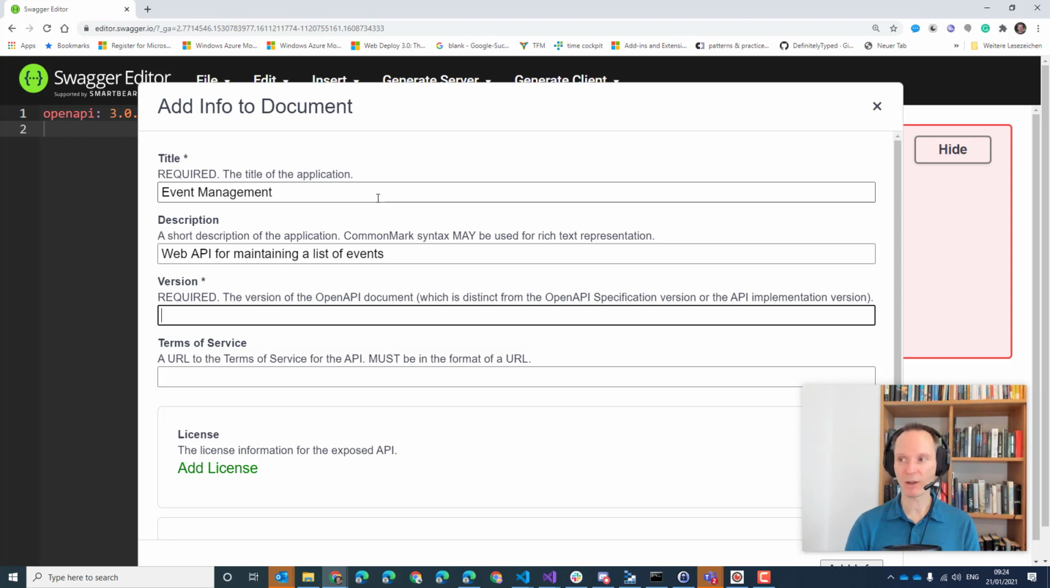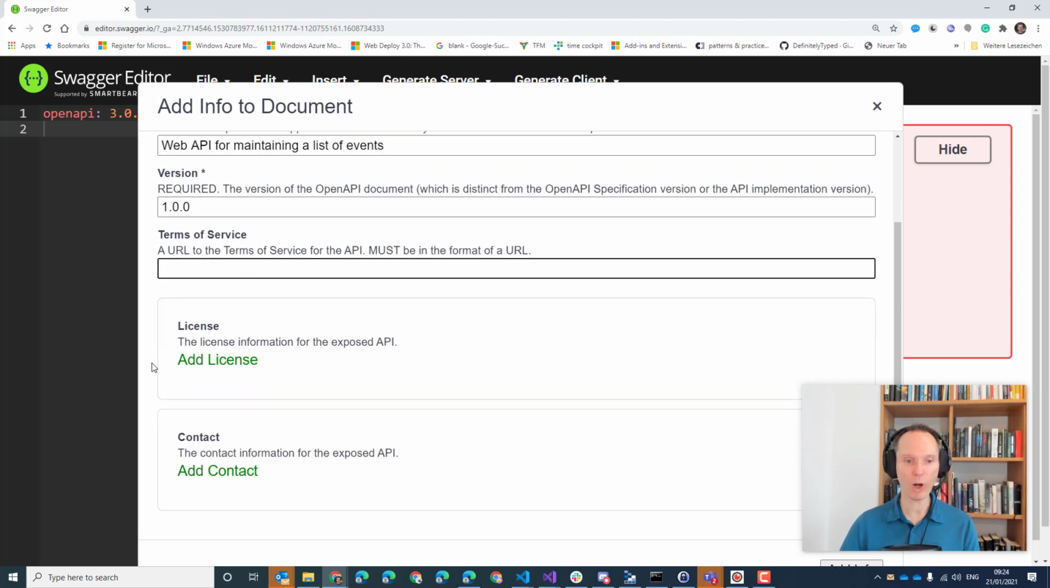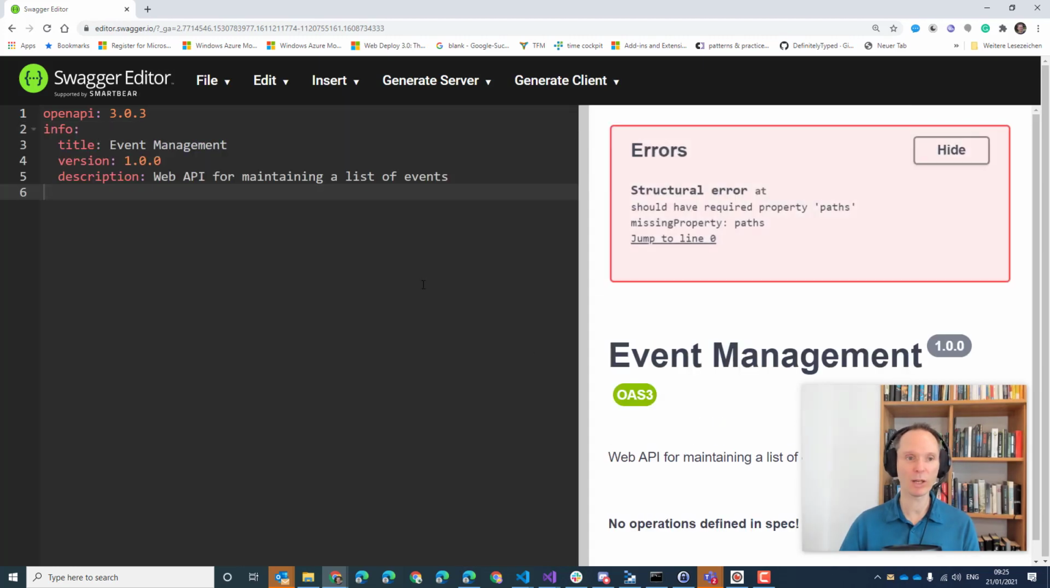You can specify a version. This will be the first version of my API. And if we want, we can add a terms of service document, which is just an end user license agreement if you want. We can also skip that one. We can add a license for the API, which might be an open source license, for instance. And we could add some contact information if somebody should be able to contact us in case of questions. It's not that important. We just accept that one, click on OK,